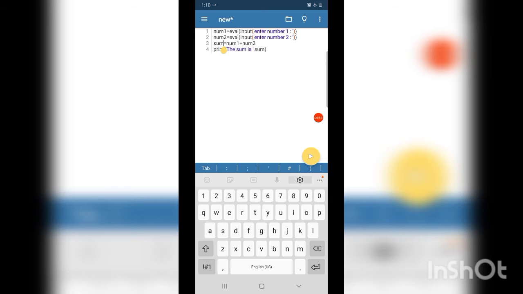So if I wrote s instead of sum here, then here also I should write s, otherwise it will produce an error. So, the sum is s. Instead of s, the interpreter will take the value assigned to the variable s. What does s have? s has the sum of num1 and num2. So num1 is 4, I have entered num2 as 5, then the sum is 4 plus 5, 9. Understood?